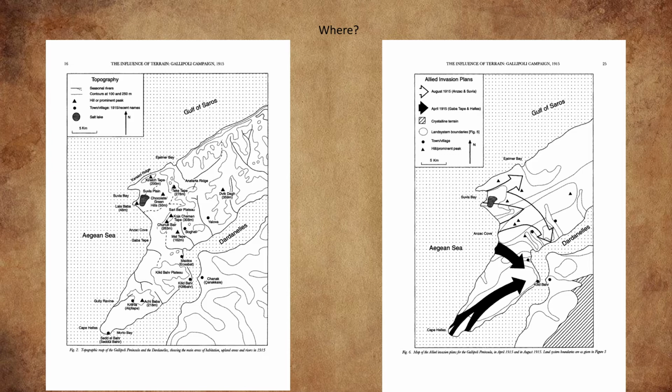It shows that there was one lake on the left, which was right past Suvla Bay, which made the Anzac troops have to detour around the side of that. And on the right, this shows how the plan of the troops would come in from the coast, come in and take the high points in the forts over the straits, so they could eventually get their naval forces to come down through the river.